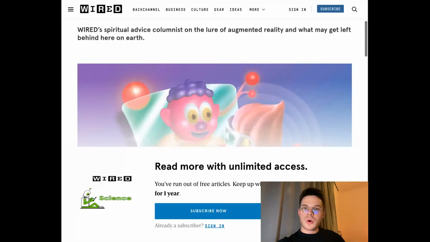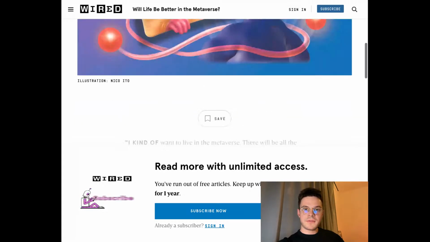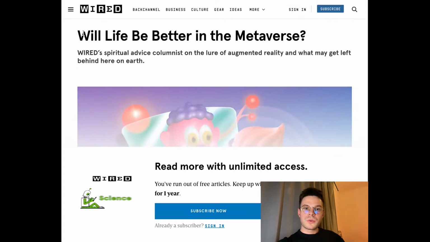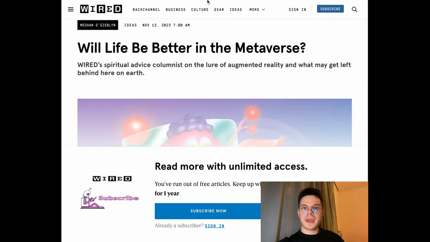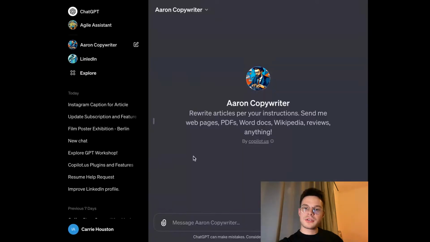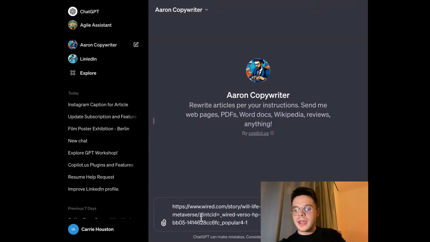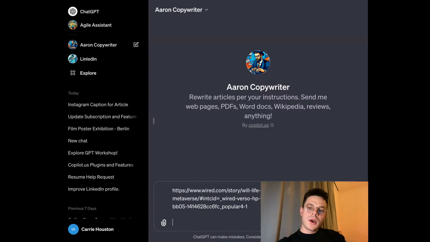So we can show two use cases right here. The first one, we have a link to the Wired article, Will Life Be Better in the Metaverse? I just randomly chose this article. As always, I copy the link back to our GPT Aaron Copywriter. I paste the link to the article and in this case in particular, let's imagine I need an Instagram post copy to summarize the information from the article